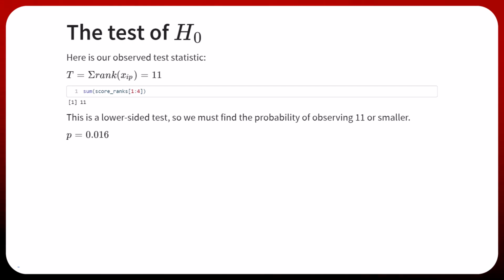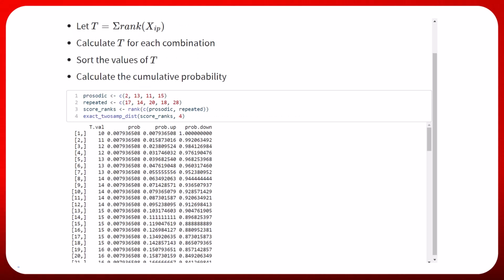Here's our observed test statistic, adding up the scores and the ranks of those scores with the smallest number of values, that is 4, the prosodic condition. We have a sum of ranks that total up to 11. So if we go back here and look for 11, here it is, and it's a lower sided test. So we got